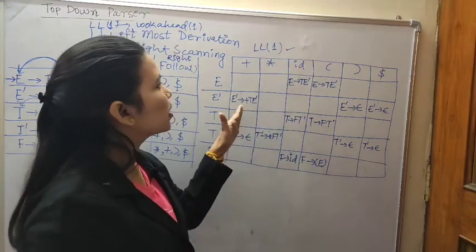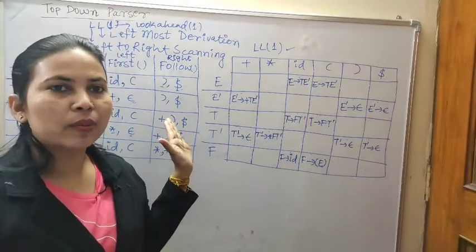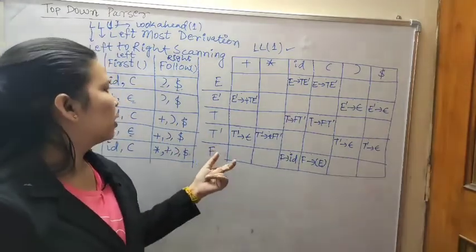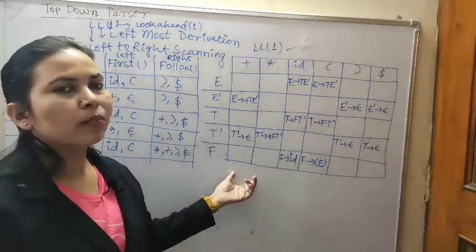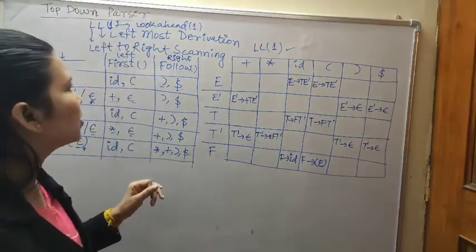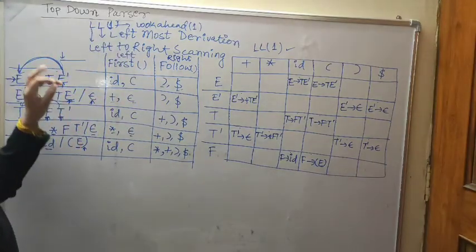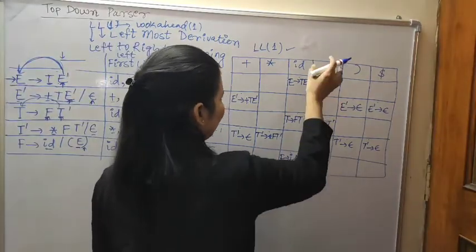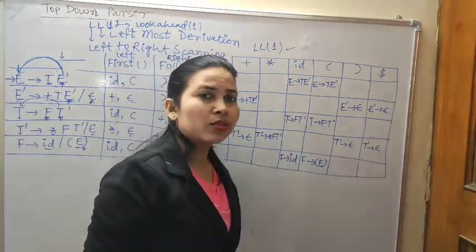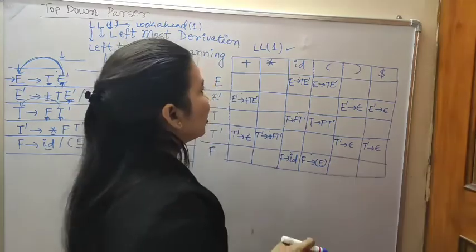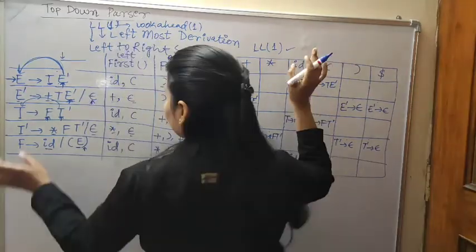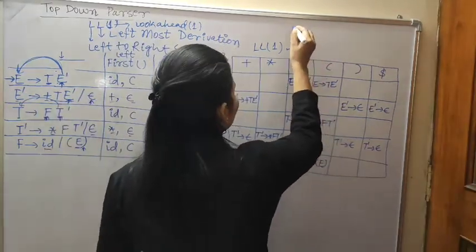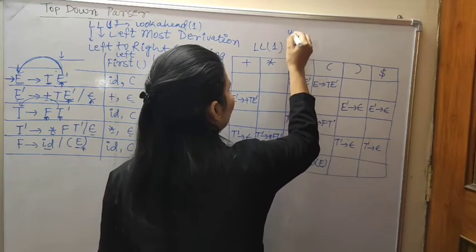If multiple entries are there, it is not LL1, because an LL1 parser does not accept multiple entries. Another way to find out whether a grammar is LL1 or not, whenever it is given in the exams: first you will check the production rules that have been given. Then check whether the grammar is unambiguous,